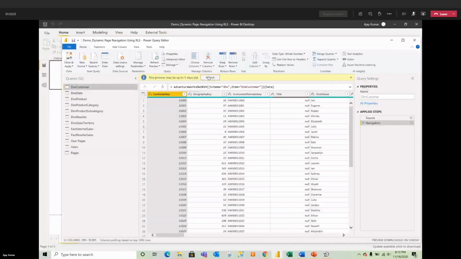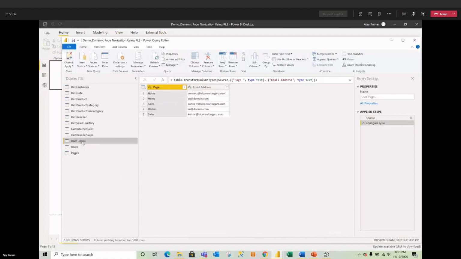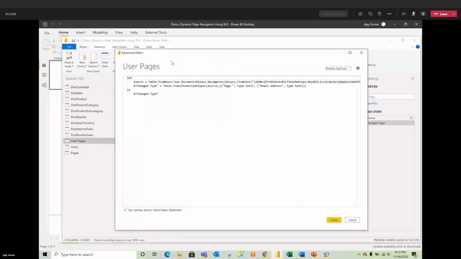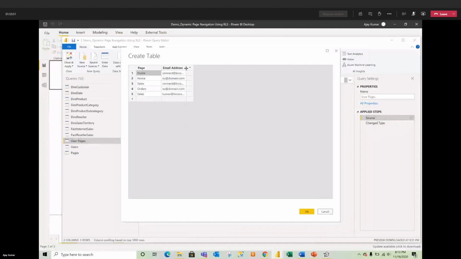Sometimes many of the users ask me, beginners who have entered the data, that they cannot do this kind of manipulation in the data. But no worries, you can do whatever you want. Just come over here, don't go into the advanced editor, otherwise you would get confused about what to add and what not to add. Just go to the source, you can see this gear icon over there. Click on this and it would give you this. Now what I need to do is just copy this